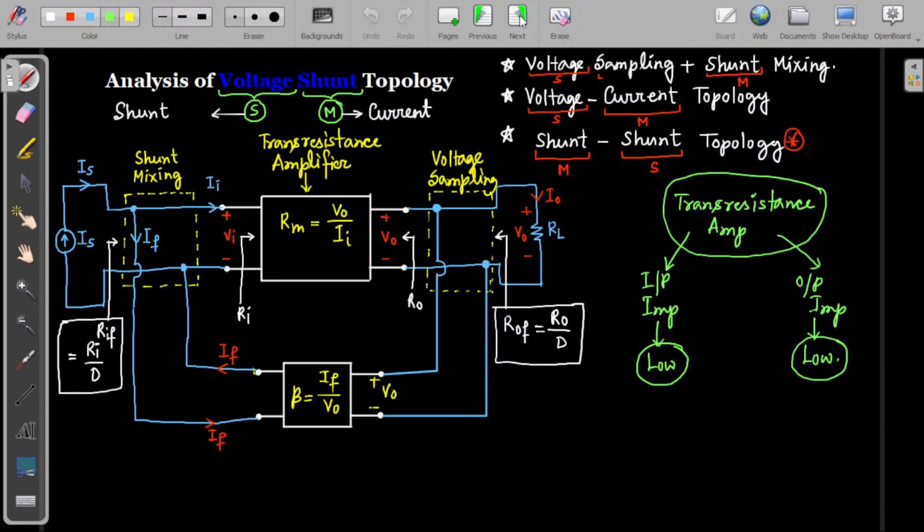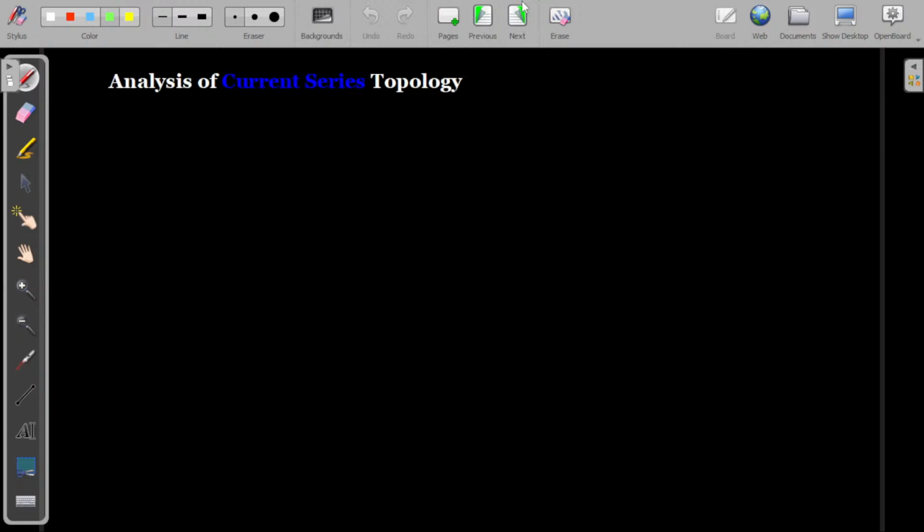Now let's start the other topology. So the current shunt topology, okay, so the current series topology. We have already discussed two topologies. Now we will discuss the current series topology. So in the current series topology, what will happen? As we have mentioned earlier,